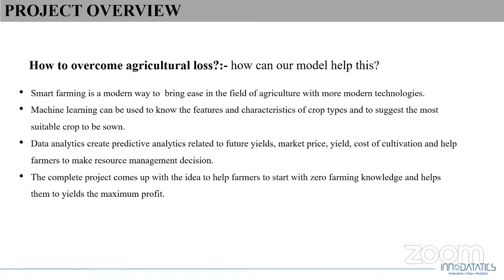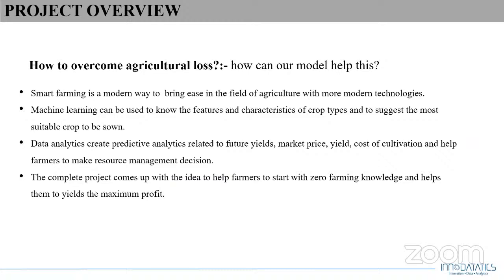To overcome these issues, we have come up with a model which helps farmers in smart farming. Smart farming helps farmers in agriculture to know which crop to grow as per the type of climate, the type of soil, or as per the humidity in the climate. These aspects are collected and loaded into our data set to get the best crop suggestion as an output.